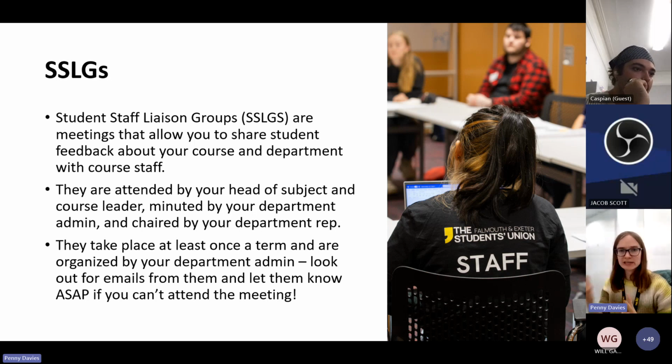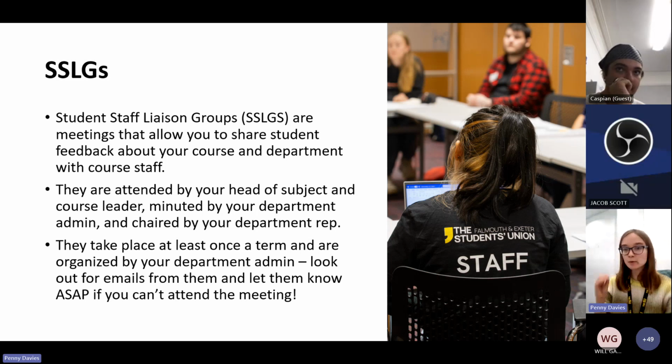For instance, your year group leader might attend, and they may also be attended by library staff, technical facilities staff, IT staff, and other staff that assist with academic facilities, as well as sometimes SU staff, usually me, but not always, as these staff members have differing availability. But they will always, no matter what, be attended by your course leader.